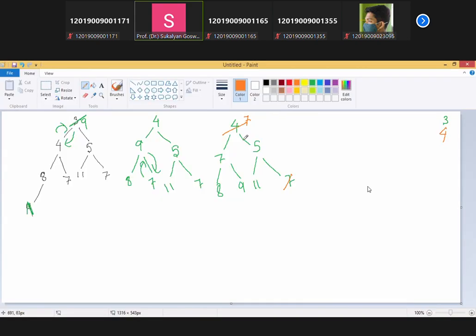Here I'm traversing 4, 7, 5, 8, 9, 11. Now, you take 7 here, but again, this side it's okay, but this side you need to make a change. Change it, and this will become 5, 7, 7,